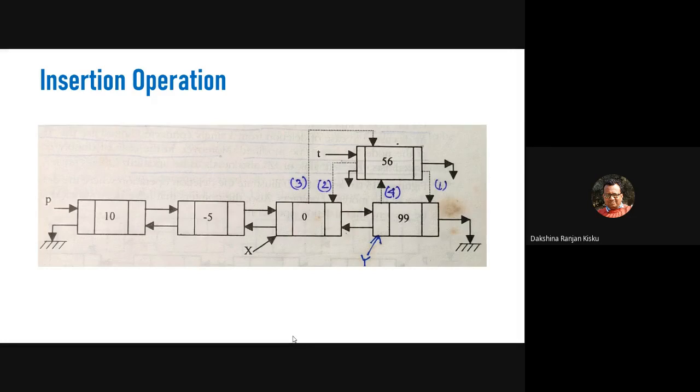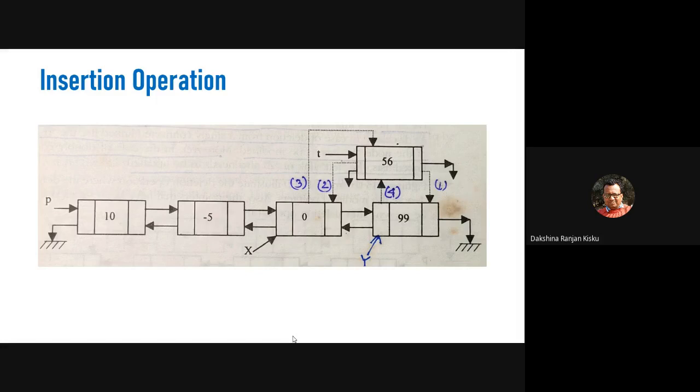as well as we need to take care of the link part, so that during insertion, the remaining nodes after the inserted node will not be found to be missing or lost. So we need to insert the new node in such a way that the new node is inserted, and at the same time no node in the linked list is missing or lost.